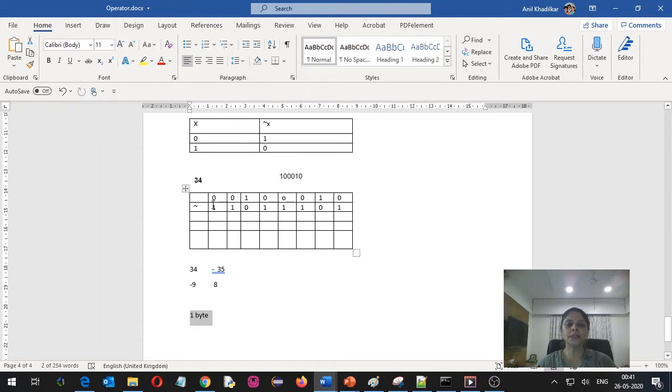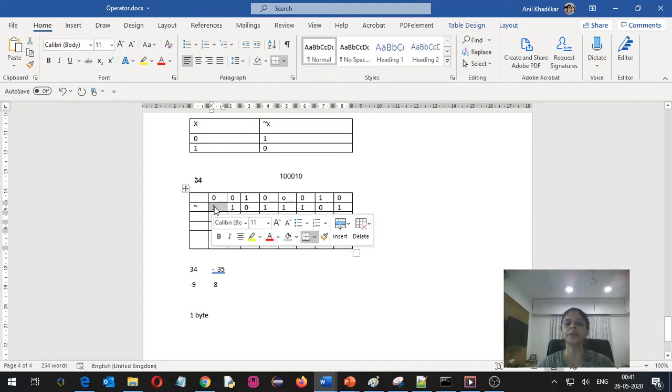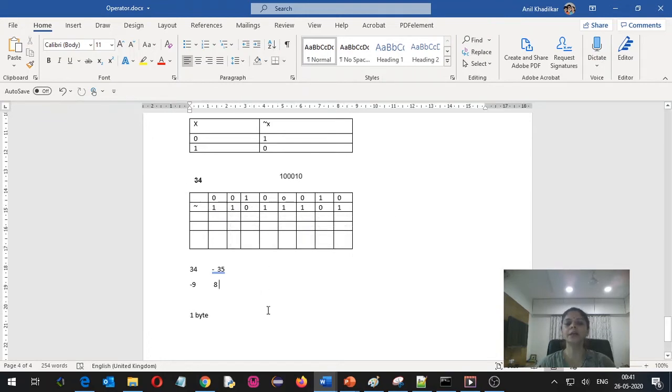Now if you consider this 8-bit representation, usually the first bit, that is the most significant bit, represents the sign. If the first bit is 0, then the sign is positive, and if the first bit is 1, then the sign is negative. So this indicates it's a negative number. Now internally, when integers are getting stored in memory, if it is a positive number, then it gets stored directly in binary representation.